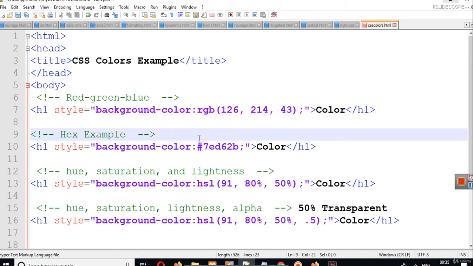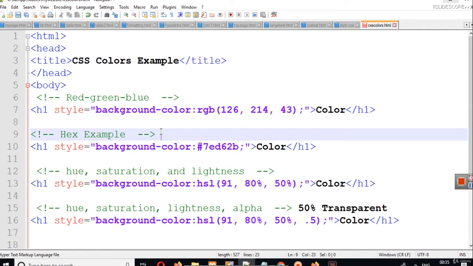Every character can take either a numeric value between 0 to 9, or an alphabet value between A to F. So you can see here we have 7ED6 2B, for example.